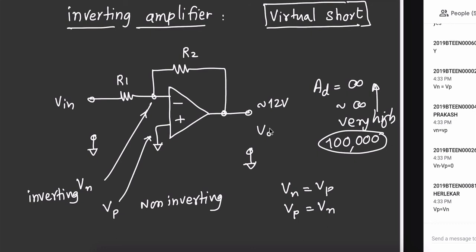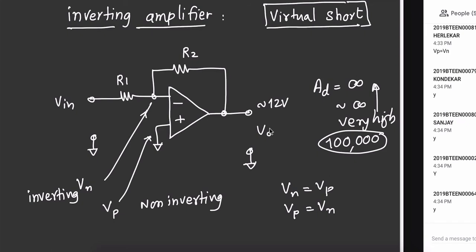Are you getting this point? So what is the meaning of the first equation? It means Vp is copied onto Vn. And what is the meaning of the second equation? Vn is copied to Vp. Understood this much? Yes or no? Quickly type yes or no. Okay, at least you understood the meaning of the two equations. First equation, Vp is copied onto Vn, and second equation, Vn is copied to Vp.